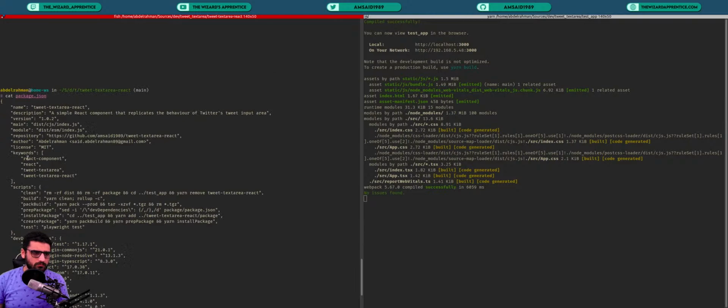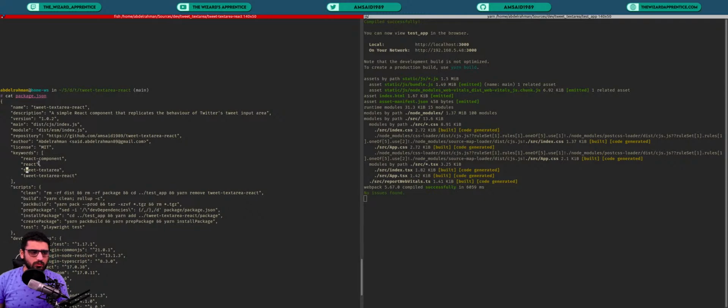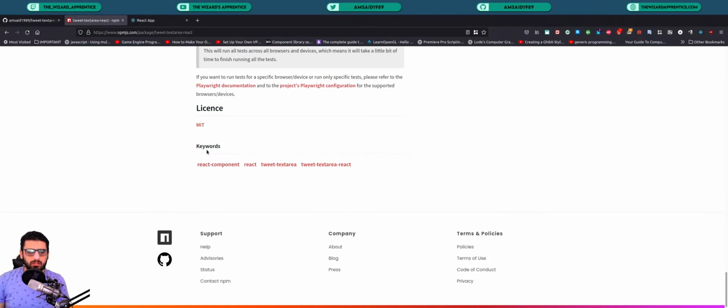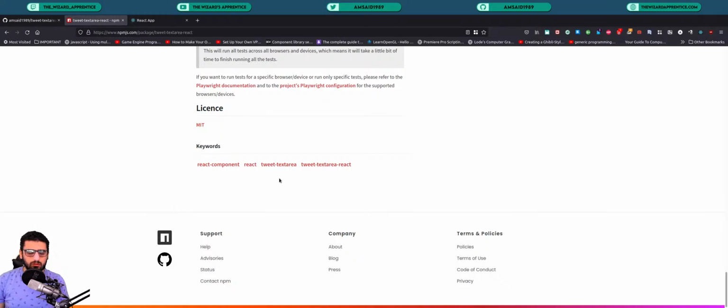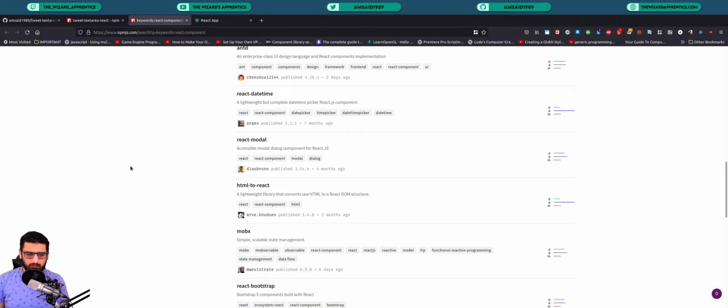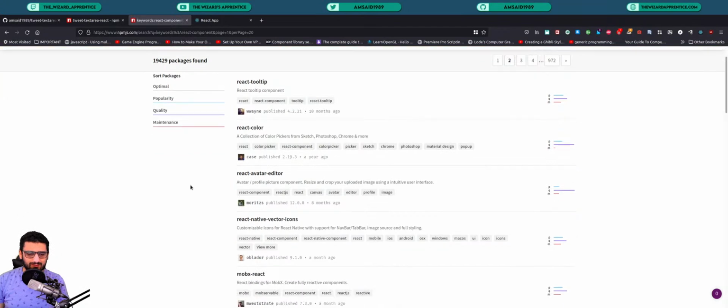is to add some keywords in your package.json file, because these keywords will be picked up by npm here. If we go all the way down to the end, they are added here on the page for the component, but you can also search for them. Like if you search for React component, of course my component will not be one of the first to show up, probably not even going to show up, as there are 900 pages of different React components,